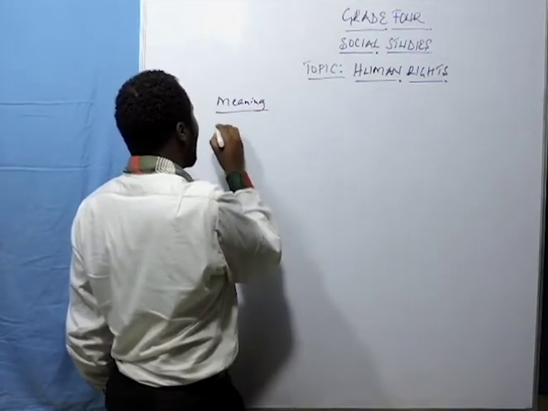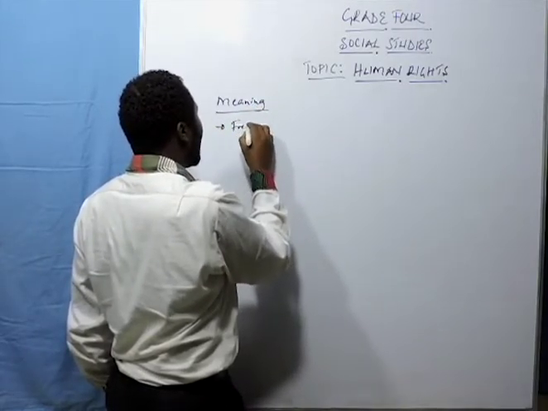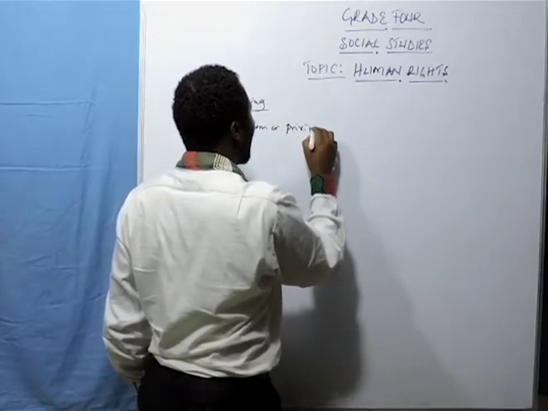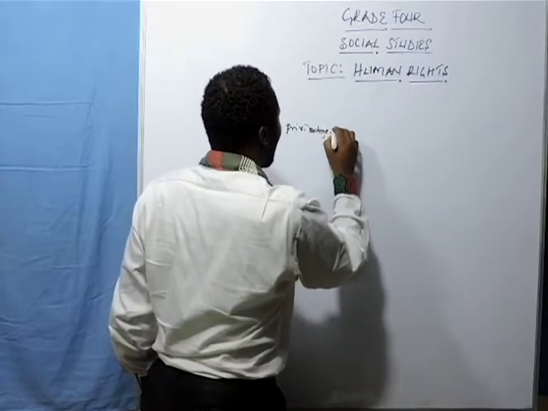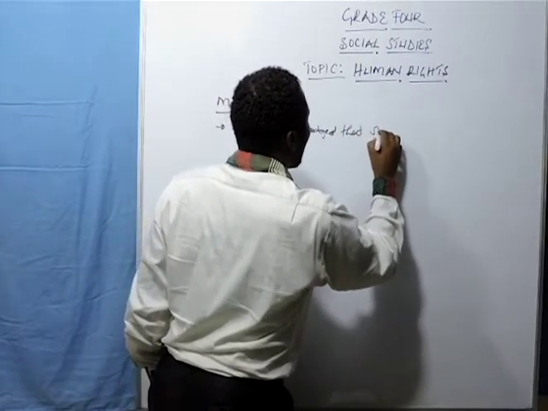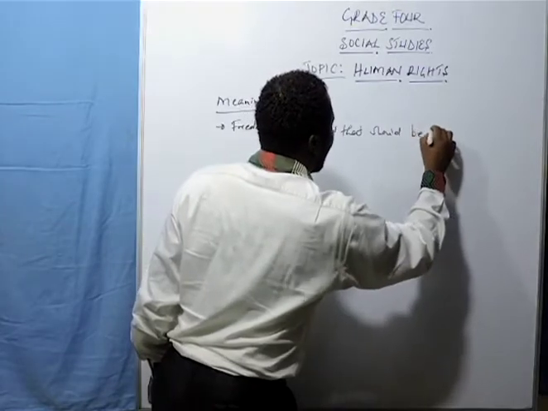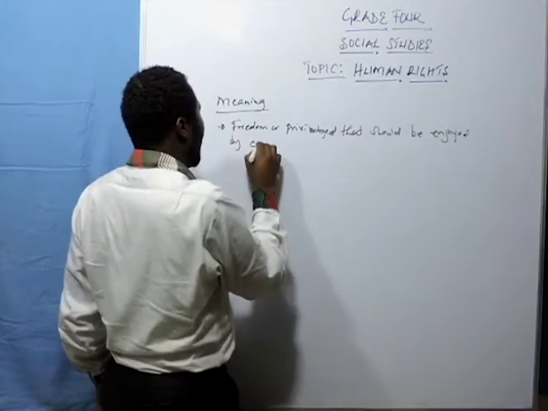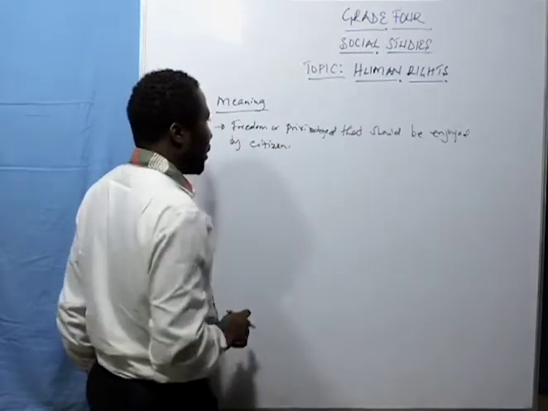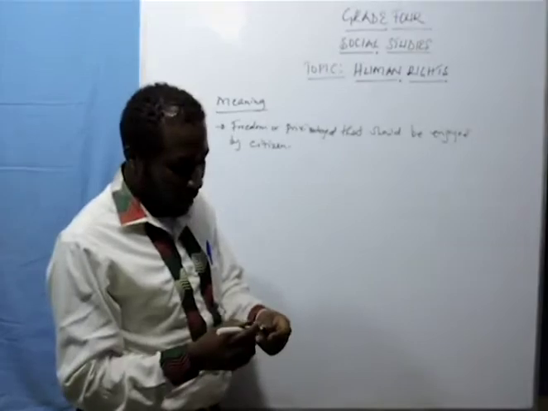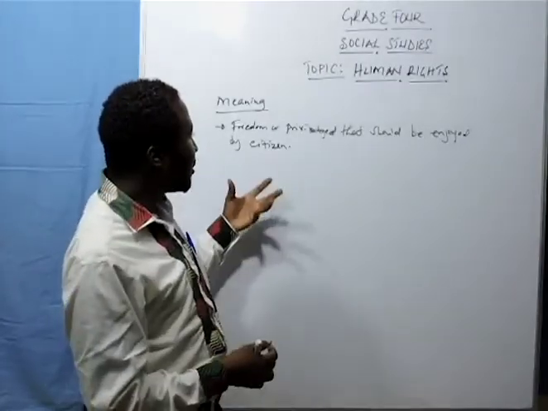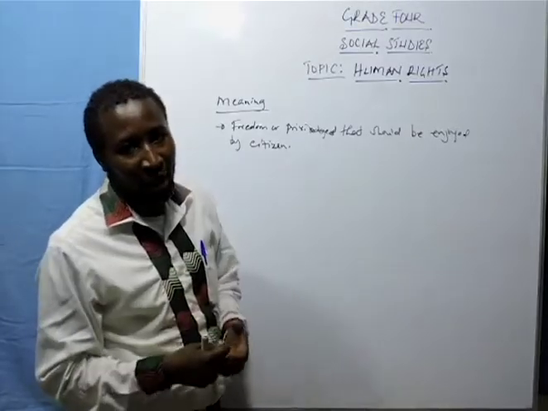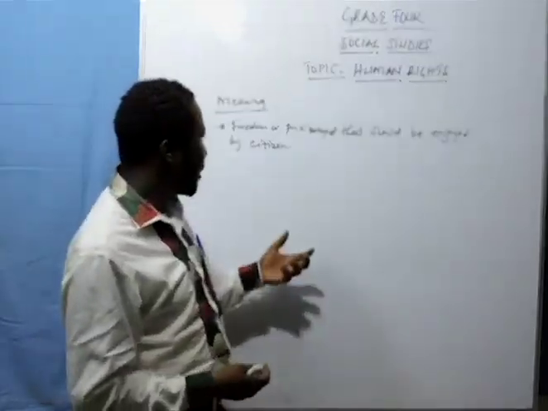as we just said, are freedoms or privileges that should be enjoyed by every citizen. Okay? Now, that is why when you hear somebody saying that this is my right, it means these are the freedoms, the freedoms or the privileges that he should be enjoying as being a citizen of a certain